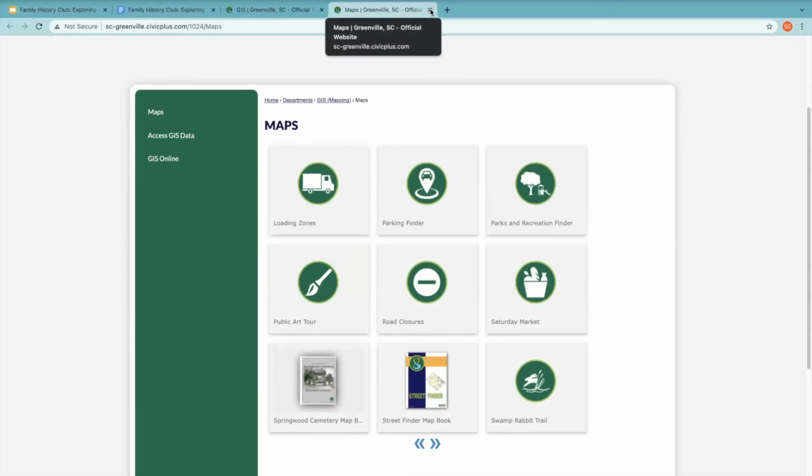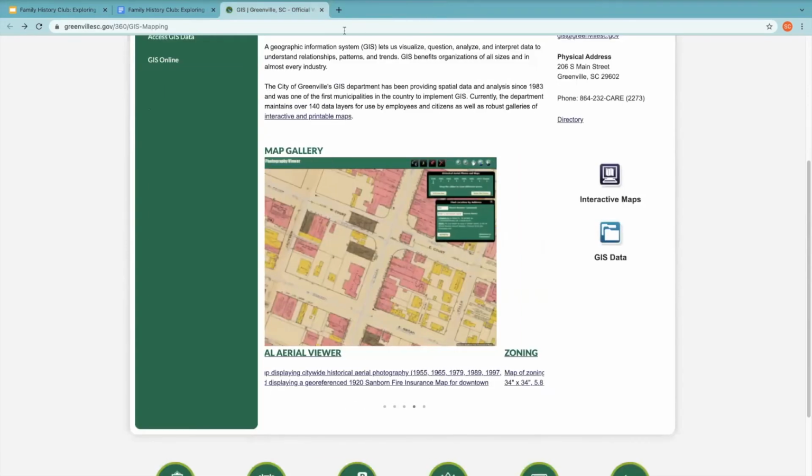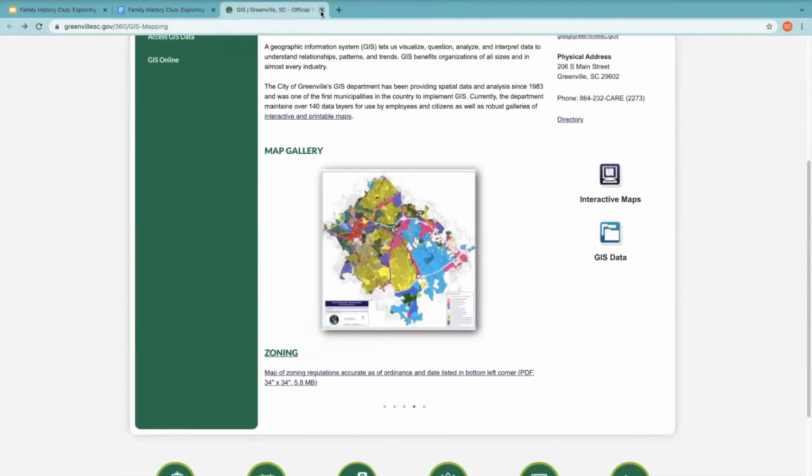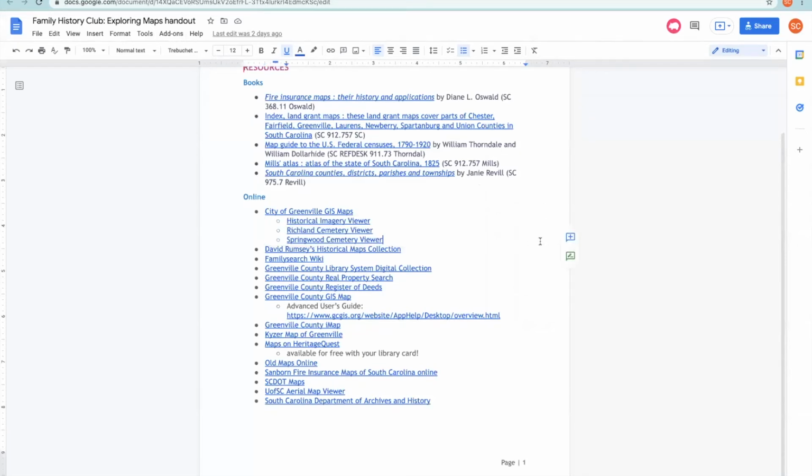But there are some really neat ones too. There's even one for the zoo. You can see the exhibits and the layouts and what animals are in there. So very neat. And the next one we're going to do, as we're getting close to the end here, I want to show you the Library of Congress site, just because there are so many wonderful maps, and it's not, of course, just for Greenville. So if you have another locality that you're searching, you can try their site.